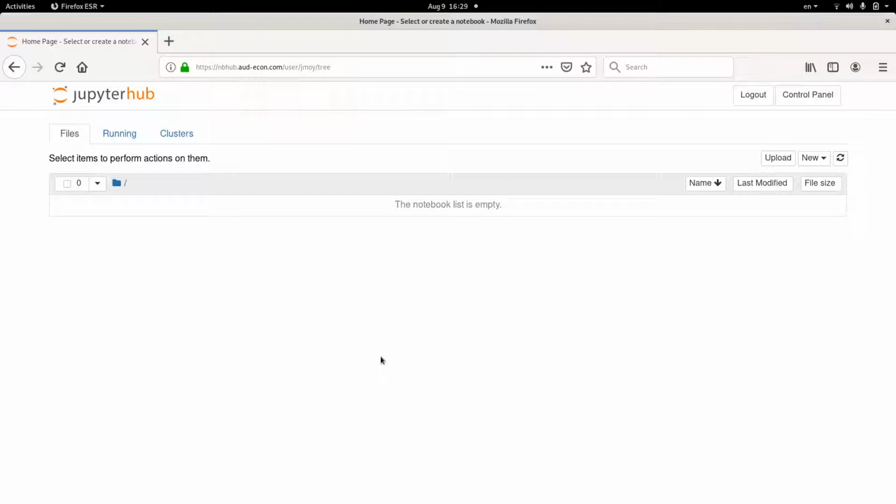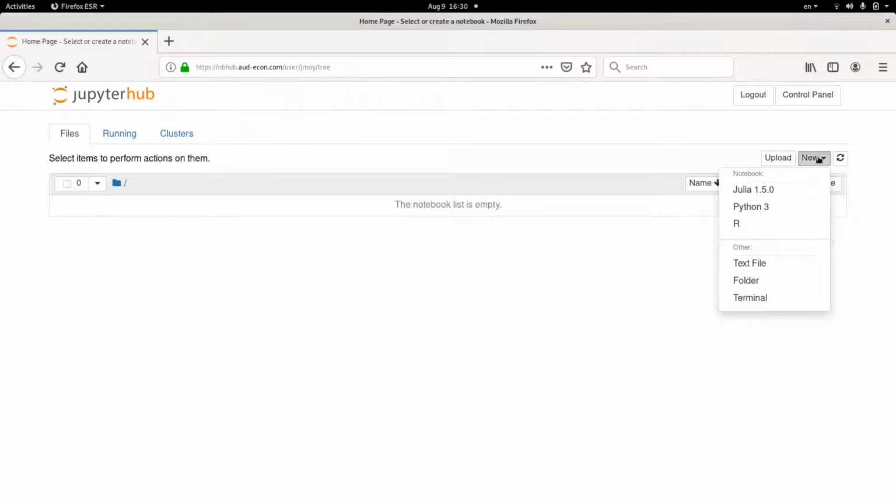Like on a computer you have a file explorer, this is like that, an explorer for all the notebooks that you have. Right now we don't have any notebooks. So let us begin a new notebook. We go here on the top left, you will see New. So we say New here.